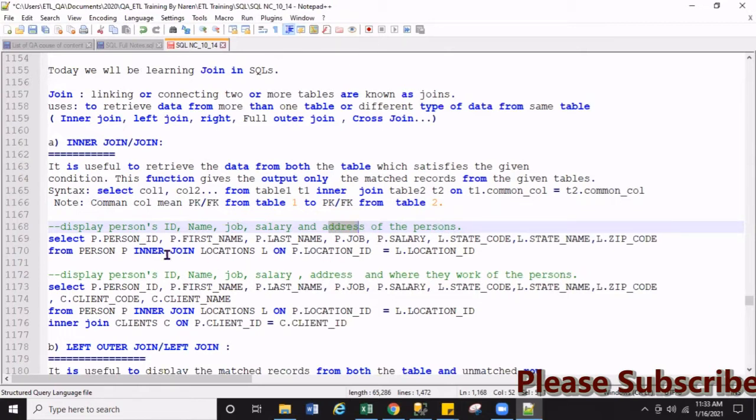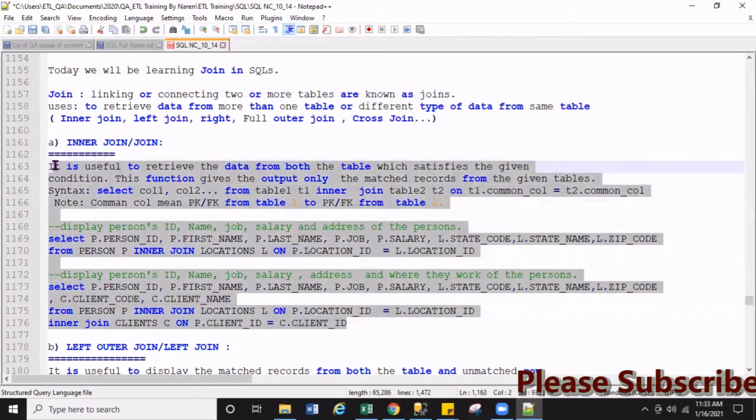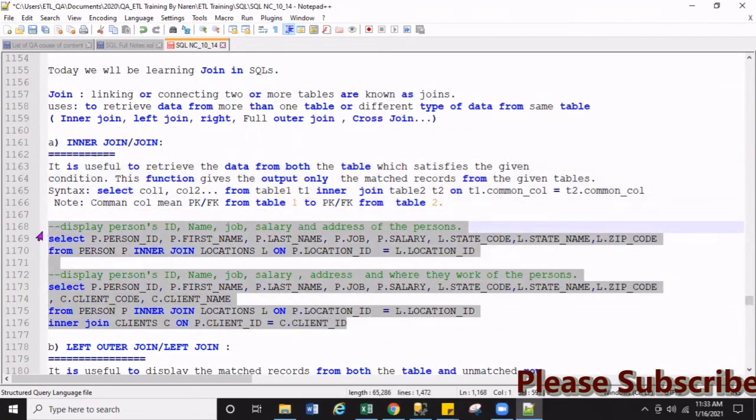First let's understand what I'm going to display. I use the select keyword, and after the from keyword, I choose the person table because I need the person information. I do the inner join here, and then again I join the location table. I give the alias L for the location, and on the on keyword, person table has p dot location ID equal to L dot location ID. Let me copy the whole query and run it in the database.